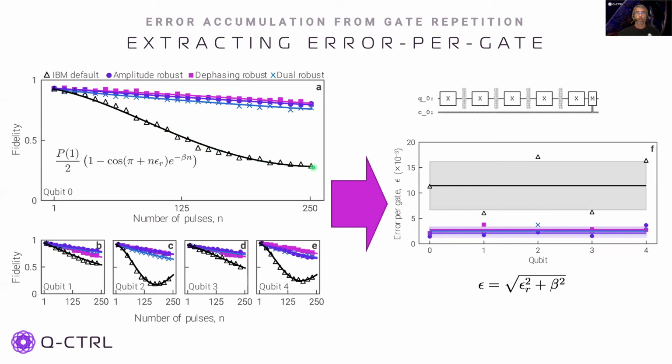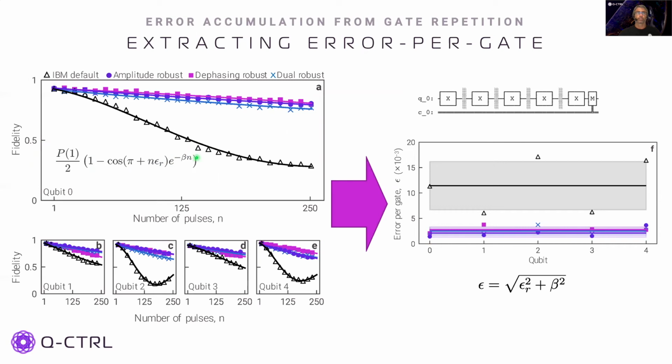The data in these plots shows the results of such an experiment for the IBM default and 3 different robust pulses. They perform similarly for a single application of the gate, but the default gate quickly loses fidelity as the number of repetitions increases. The curves in the plot indicate a fit using this function, which allows us to extract the errors coming from over or under rotation, this epsilon r term, as well as exponential decay given by the